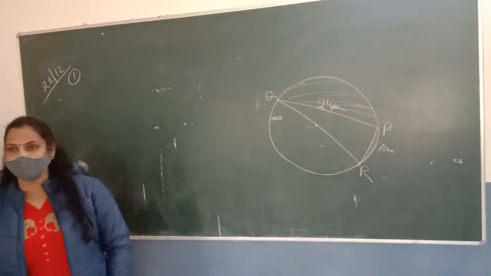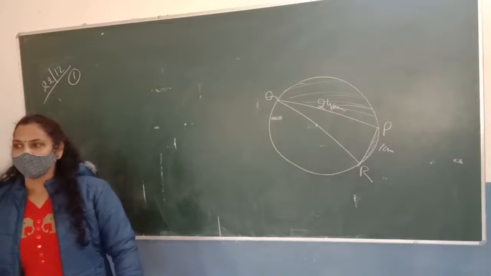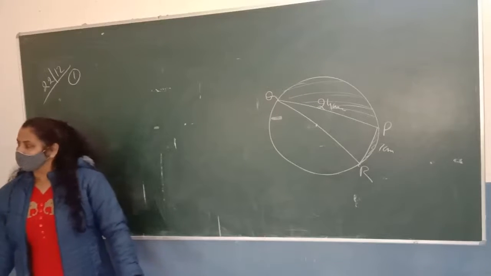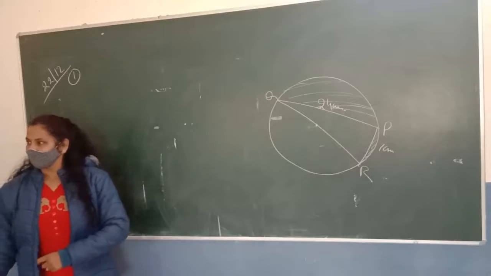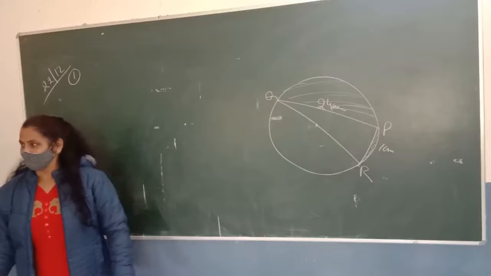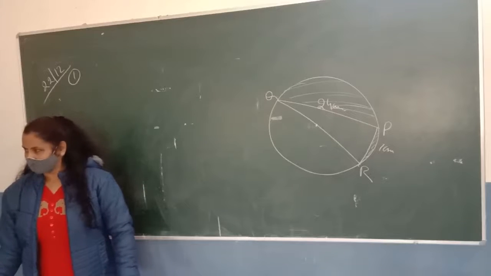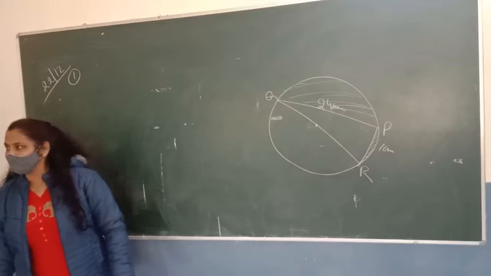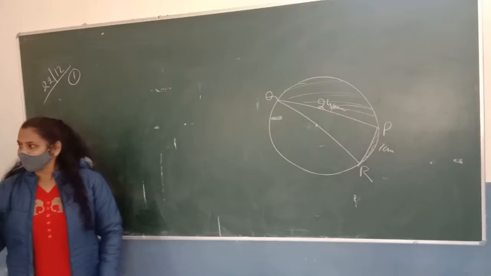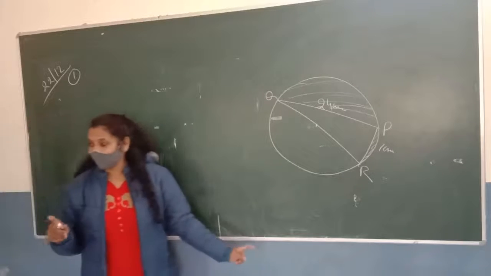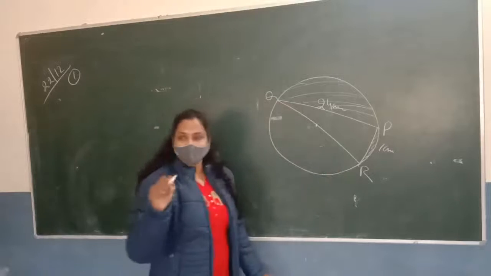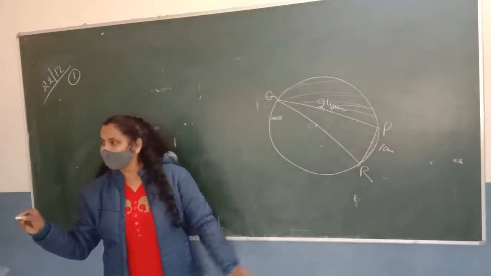How can you find the area of the shaded portion? First, for that, we should know the radius of the circle. Right angle triangle. According to the theorem, we know that the angle in a semicircle is 90, since this is the diameter and a diameter always subtends an angle of 90 at the circle.